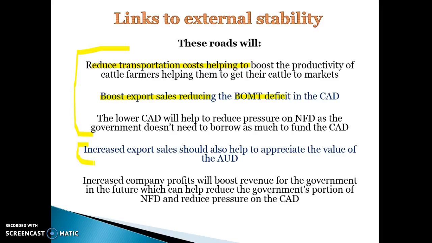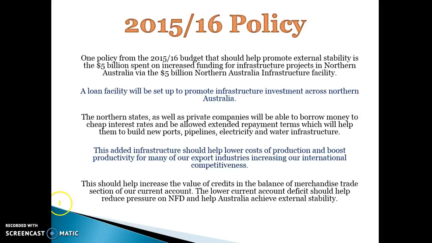The other thing you could link is that the increased company profits associated with this infrastructure and lower cost of production can help to boost revenue for the government and reduce the government portion of net foreign debt, which again will lead to less interest payments in the current account deficit through government interest payments on their bonds. So that's the kind of links you need to be able to make within your answer, linking it back to external stability. I'm not going to go through the 2015-2016 policy